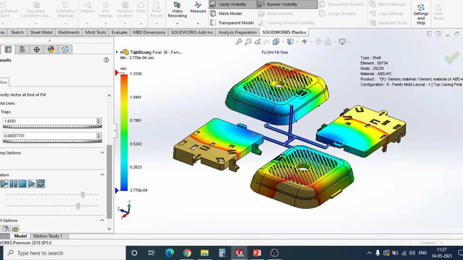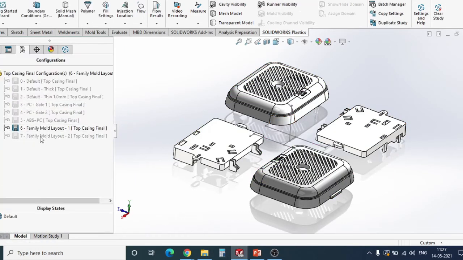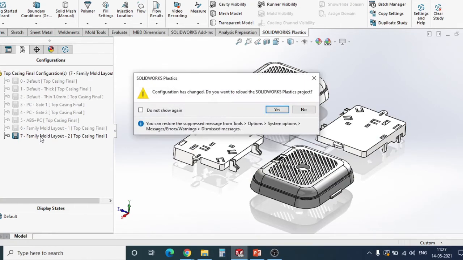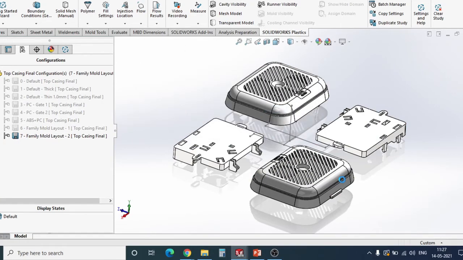So to overcome this, we have a very good feature, runner balancing. The software has an inbuilt technology that will balance your runner design so that the cavities will get filled in the same amount of time.